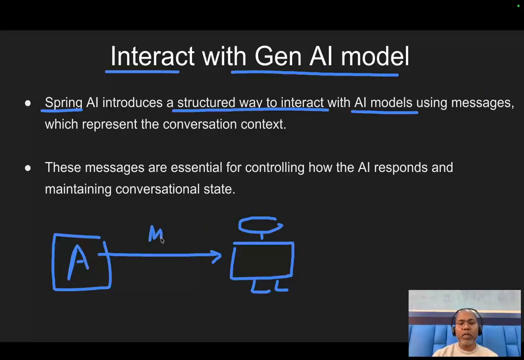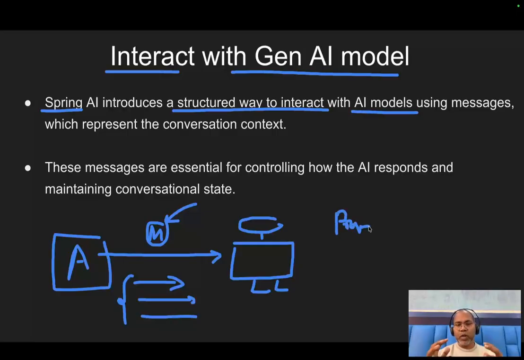In Spring, we say this is a message. In general, you can say input, or sometimes questions, and the specific term that Spring AI and the Gen AI community use, instead of saying message or input, is known as a